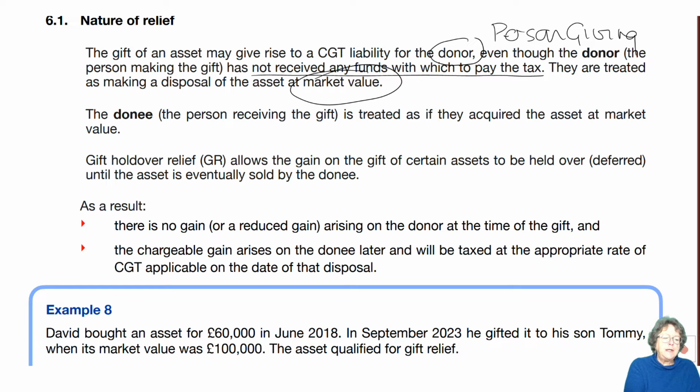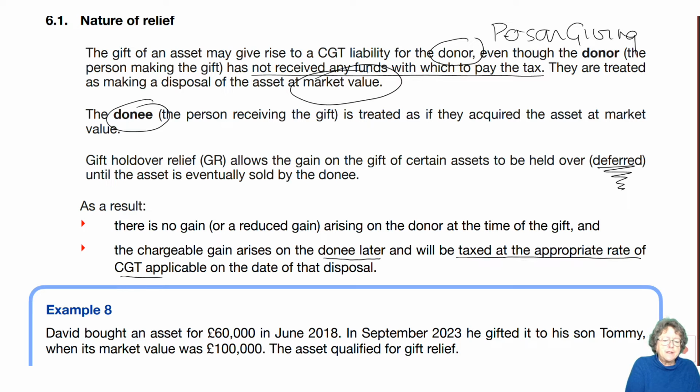The donee, the person receiving the gift, is treated as having acquired it at market value. And we have gift holdover relief, which allows the gain on the gift on certain assets to be held over. Again, it's a deferral relief until the asset is sold by the donee. As a result, there is no gain or a reduced gain on the donor at the time, because they either didn't receive any funds or received a small amount of funds as opposed to the full market value. And the gain arises on the donee later, and he or she will be taxed at the appropriate rate at